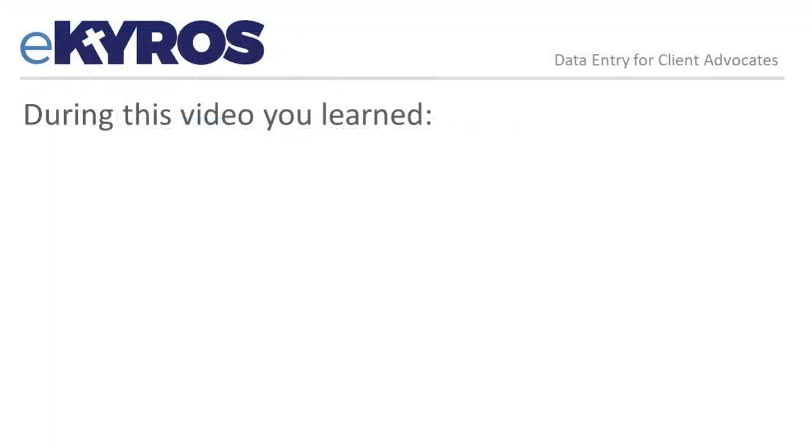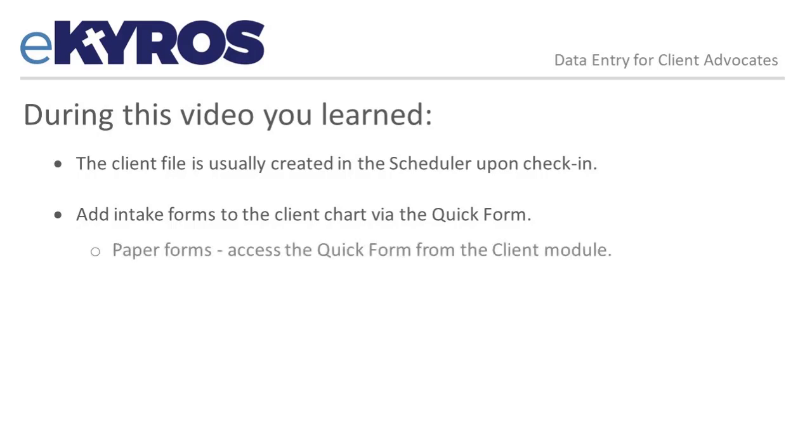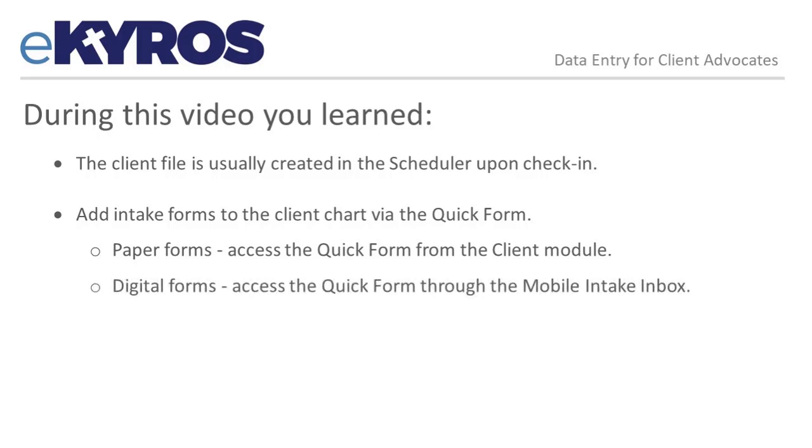Okay, in summary, during this video, you learned that the client file is usually created in the scheduler when the receptionist checks a new client in for their appointment. You also learned that our recommended workflow is to add intake forms to the client chart via the quick form. If you're recording information from paper forms, you learned that you access the quick form from the client module and you manually complete the quick form based on the paper forms. And if you're processing digital forms that the client completed via mobile intake, you learned that you access the quick form through the mobile intake inbox, and the quick form is automatically updated from the digital forms that the client